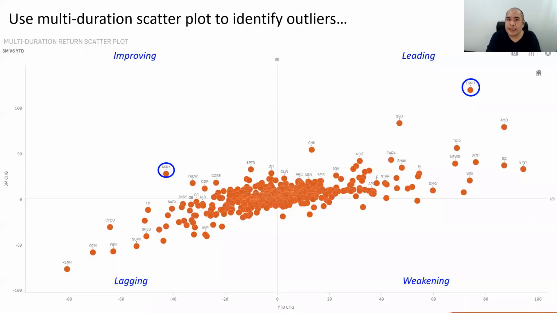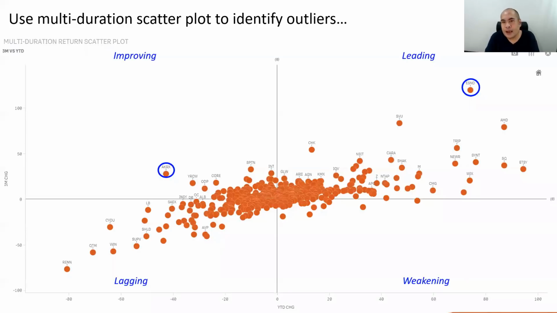When you're using this type of visualization technique, what you need to realize is that when you plug all the data in, you won't see all the names or symbols of the securities in the universe. And basically the framework is telling you that if you cannot read the names, if you cannot see the symbols, you don't need to pay attention to them. You only need to pay attention to securities that are able to